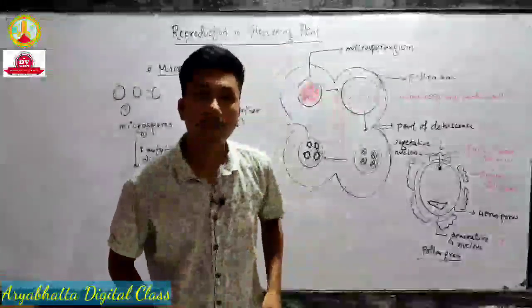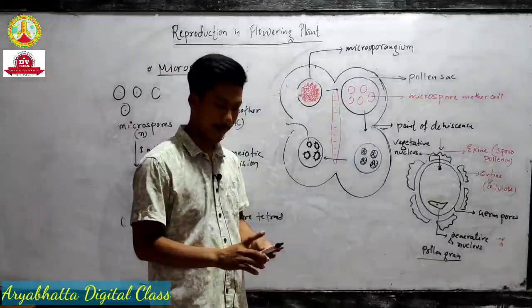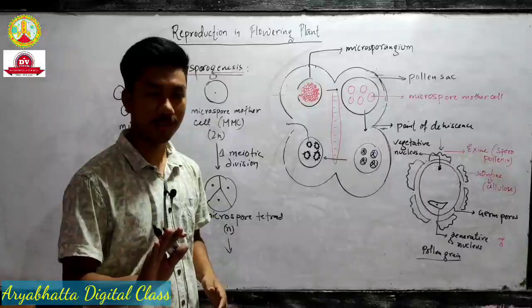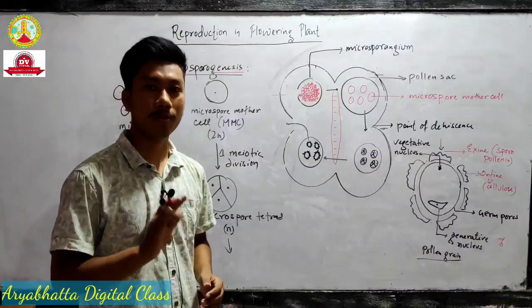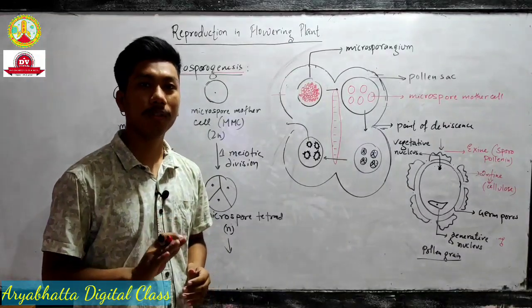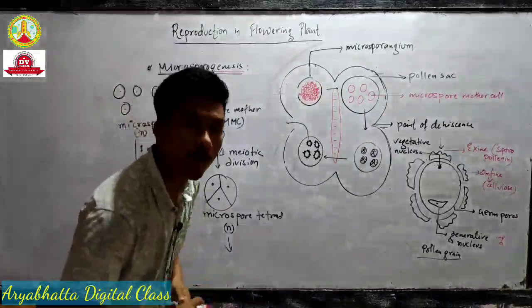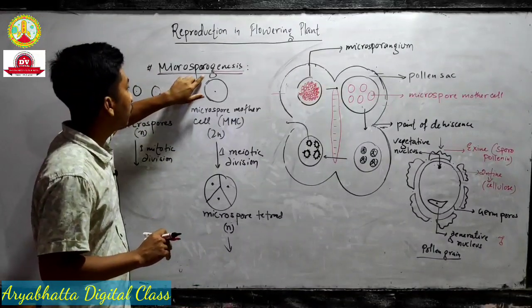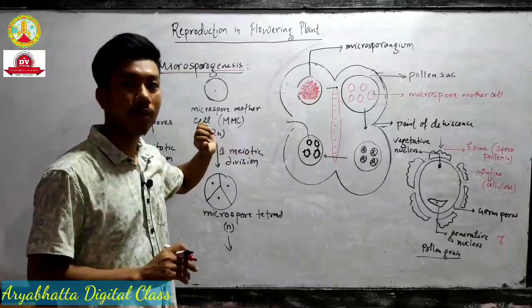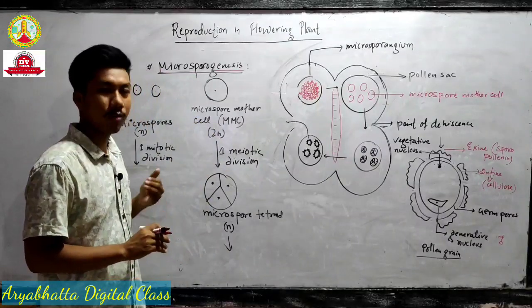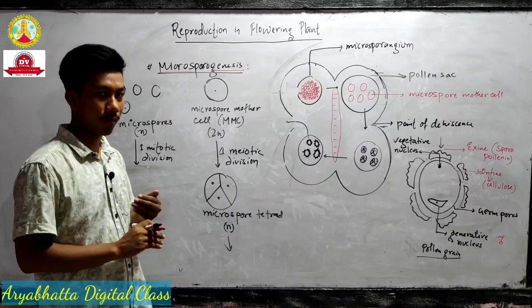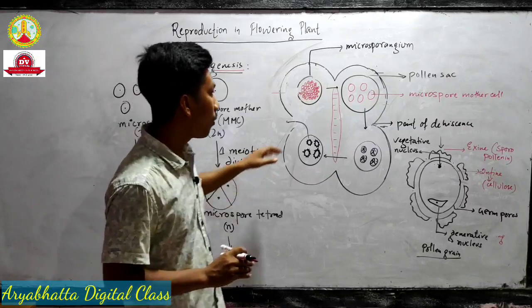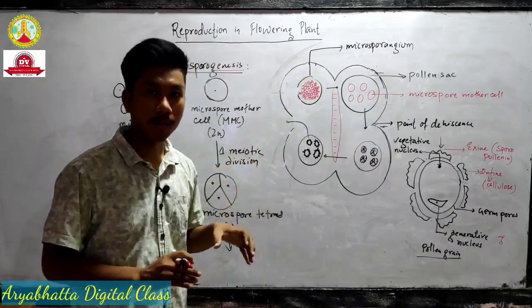Okay, understood? Okay, let me explain one very last time. So microsporogenesis. We have discussed the overall process of microsporogenesis. Let me explain one last time. So what is microsporogenesis? The process of formation of microspore is known as microsporogenesis. Alright, so what happened? When the anther is young,